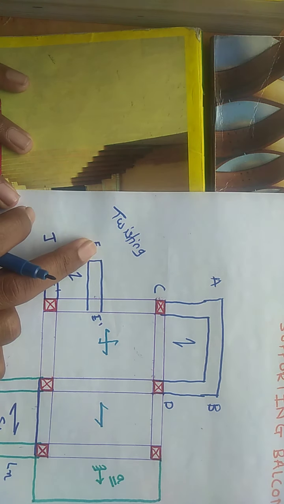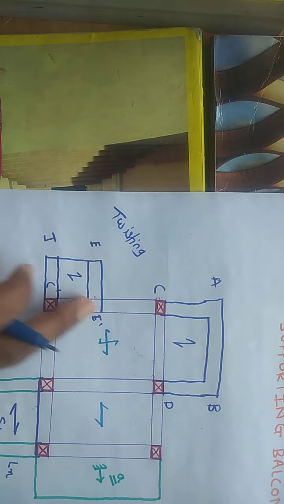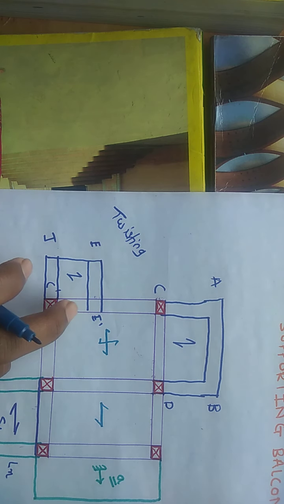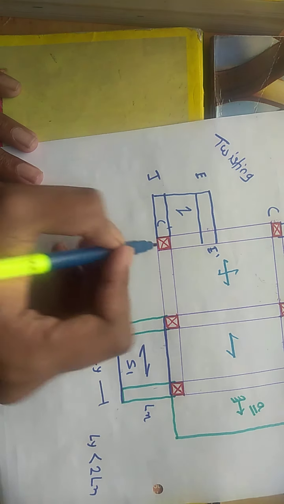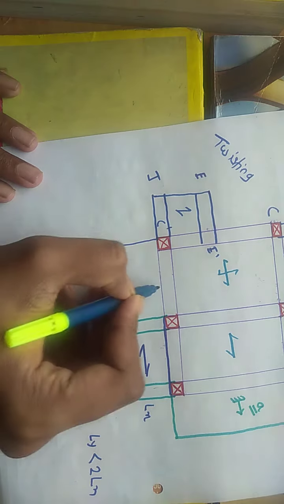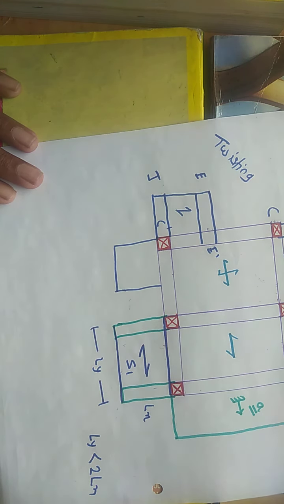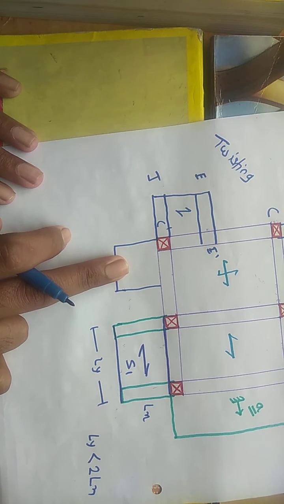Okay, and because of this twisting moment, our building or this part will fail. So you cannot give the balcony in such a way; this is the wrong practice. What you can do is simply take out the beam, take out the slab and make this a cantilever. In this case, the same theory you have done, you can apply here.